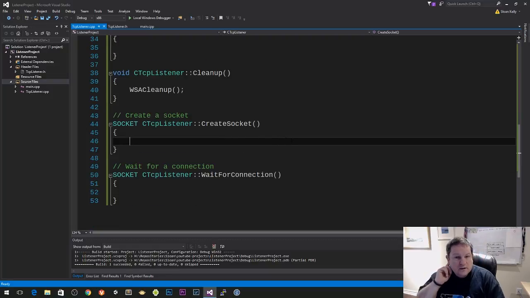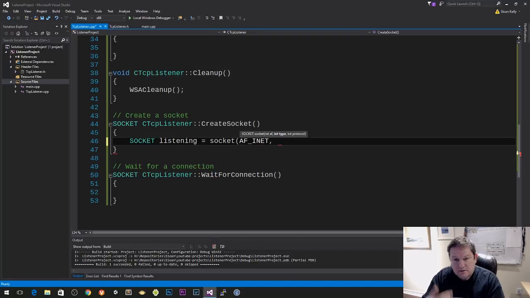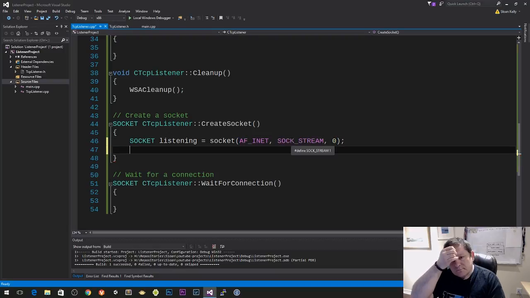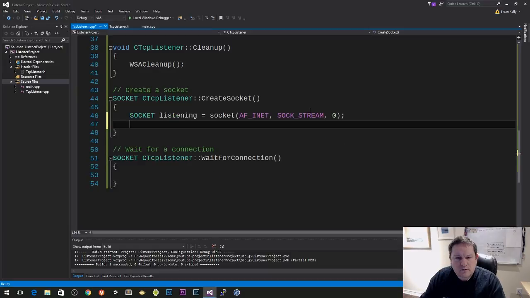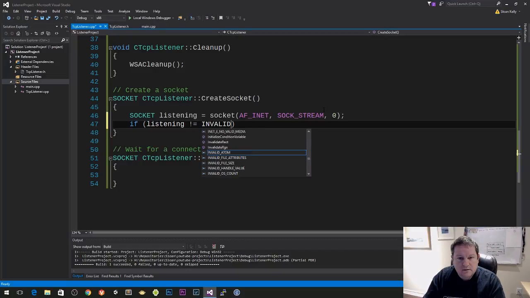So our socket is going to be socket. This is going to be the listening socket, equals socket, AF_INET, because it's IP version 4. Type is SOCK_STREAM, because we want to have the TCP protocol. And we specify 0 because the protocol gets filled in. So we say if listening is not equal to INVALID_SOCKET,